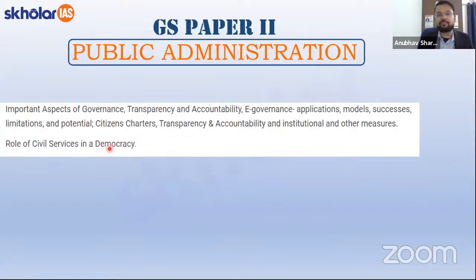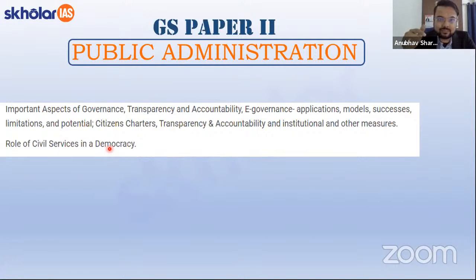Right. So now the next part of GS paper 2 is public administration. What is public administration? Essentially, when we talk about governance, what exactly are we trying to say? That we have state, हमने एक सरकार बनाई है, सरकार would require to make some policies in order to bring welfare to the people। In order to bring these policies and implement it on the ground, सरकार को क्या चाहिए? What does the government require? It would require a very competent bureaucracy, a very competent batch of Indian civil services, the same services you want